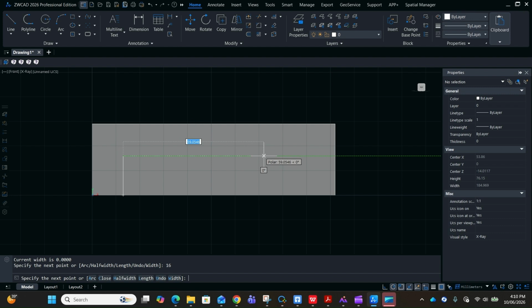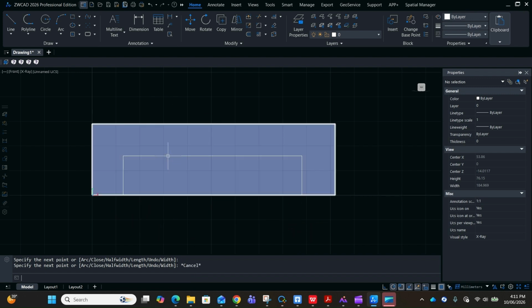Then I'll go right and this time I will make it, let's say, somewhere around 70. Yeah, I'm making it 74. There we go. Now I'm going down with the same value, it will become 16. Then I can close it here,